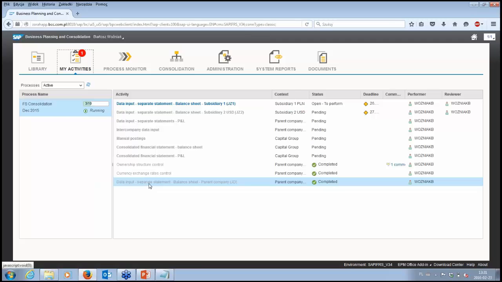So what we have done is we have checked if the incoming data for the balance sheet for the parent company is correct. Yes, we have completed, and then we have the second scenario, for example, loading data from a flat file. For example, the cost of integration between two different systems may be so high that it is worth providing some flat file integration and then using this flat file as a source for our data.